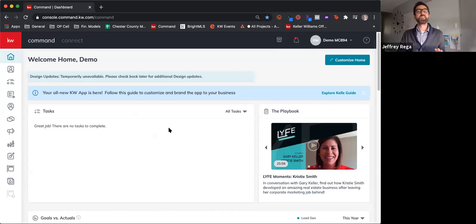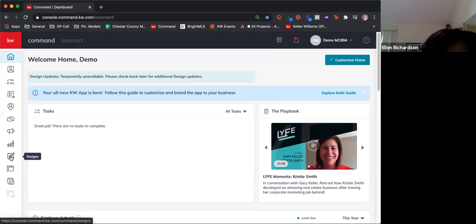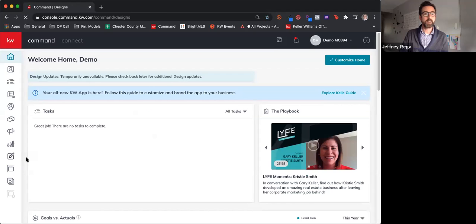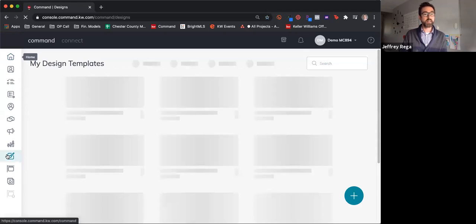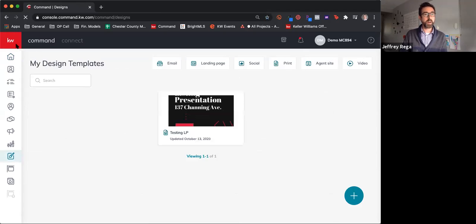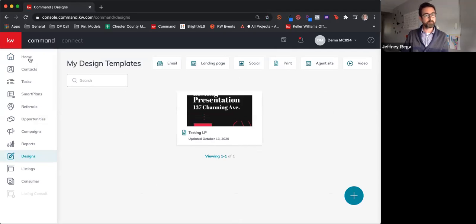Okay, so we're back on the Command home screen. Then you go into Designs over here on the left. Right where your finger is. If you don't know which one of these is Designs, click on this little KW logo at the top left, and it expands a little so you'll see what each icon is. So you'll click into Designs like I did. I've already started one. Here's the one I was just working on. You'll see that it's saved, so I could get right back into it if I clicked it. But if you want to start a new one,